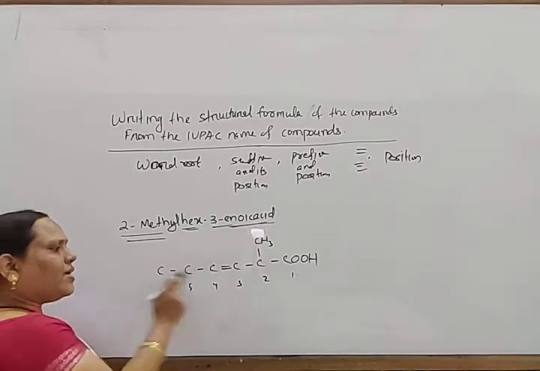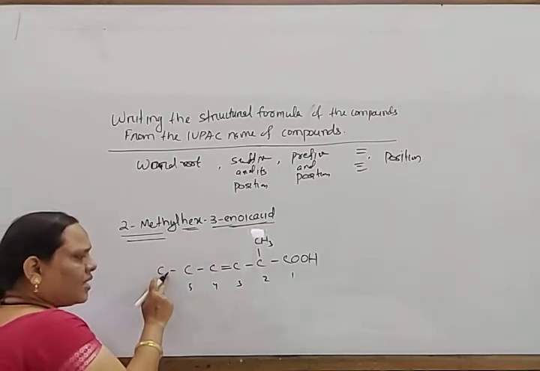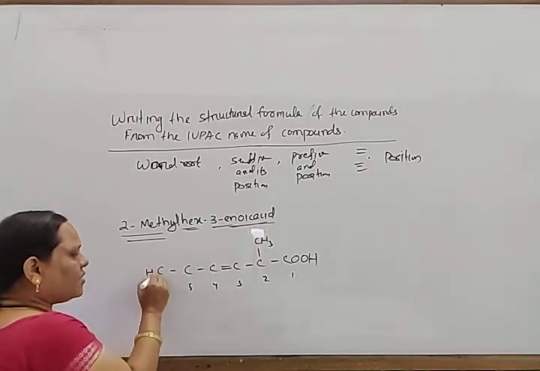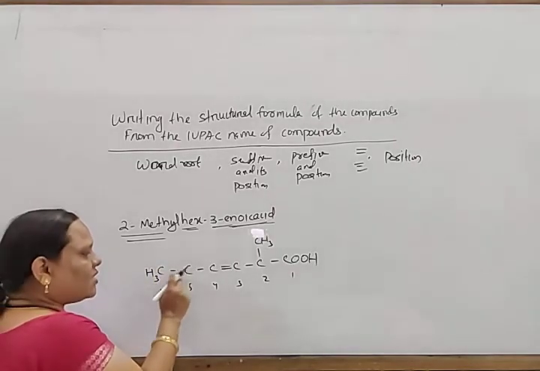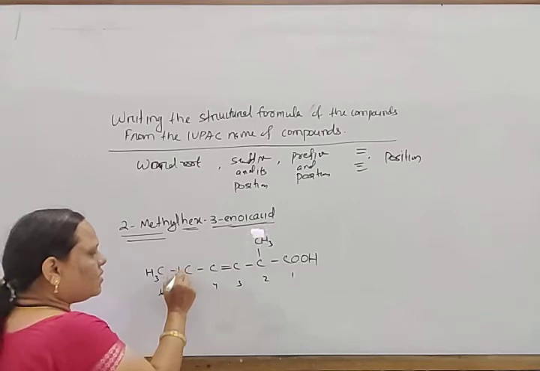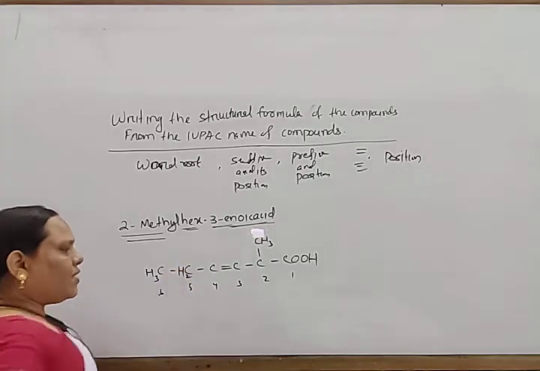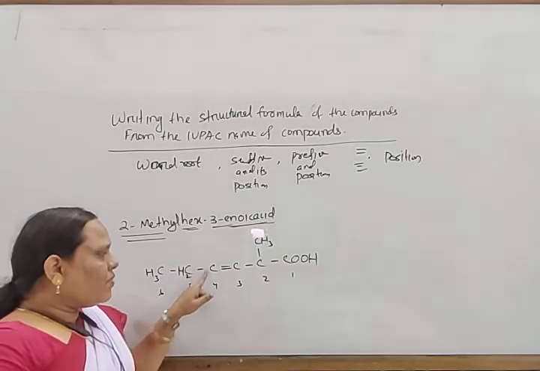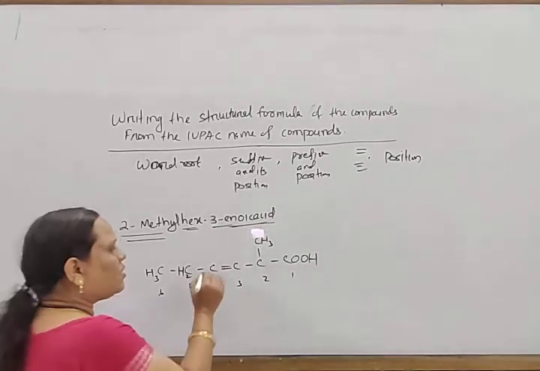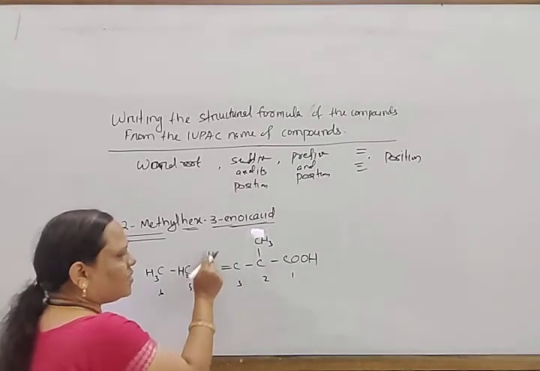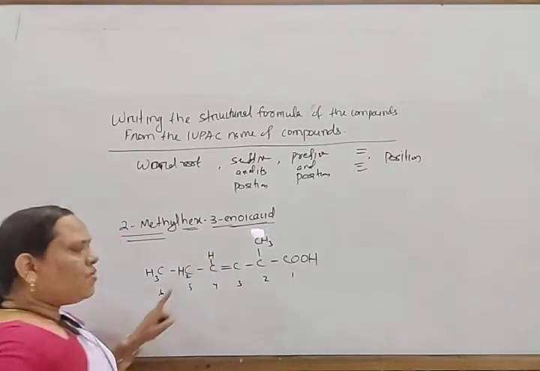Next satisfy hydrogen. So here the carbon is attached to one carbon. In this way, here there should be 3 hydrogen to satisfy the covalency. And this is attached with 2 carbon atoms. Here should be 2 hydrogen. And here 1 bond and 2 bond with carbon. This carbon contains 1 hydrogen. You can write here or here or here, 1 hydrogen.